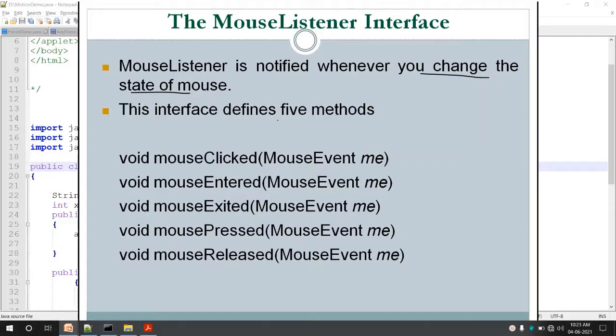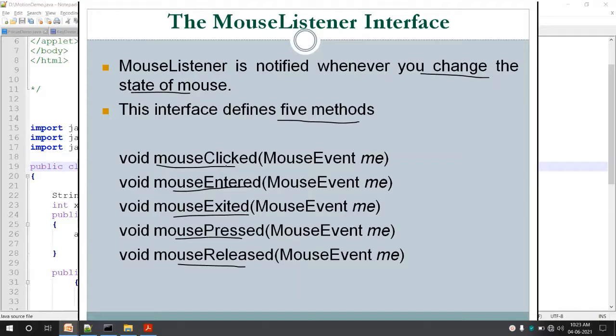We have these five methods defined here. In the case of MouseListener, these methods are mouseClicked, mouseEntered, mouseExited, mousePressed, mouseReleased. mouseClicked is called whenever you click a mouse and release it.